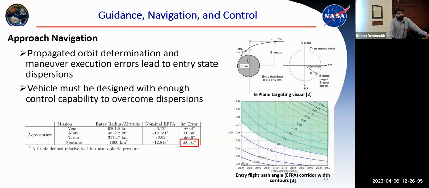Given specific, I mean, we could do lots of terrestrial testing here on missile systems, but how do you verify those models? Yeah, that's actually an excellent question. So for a lot of the analysis we do for planetary Aerocapture, a lot of it has pretty much been computer simulations. But at the same time, one of the advantages for doing a flight demonstration of Aerocapture is to exactly answer your question, in the sense that you can take your technology, scale it down to a mission that you can test at